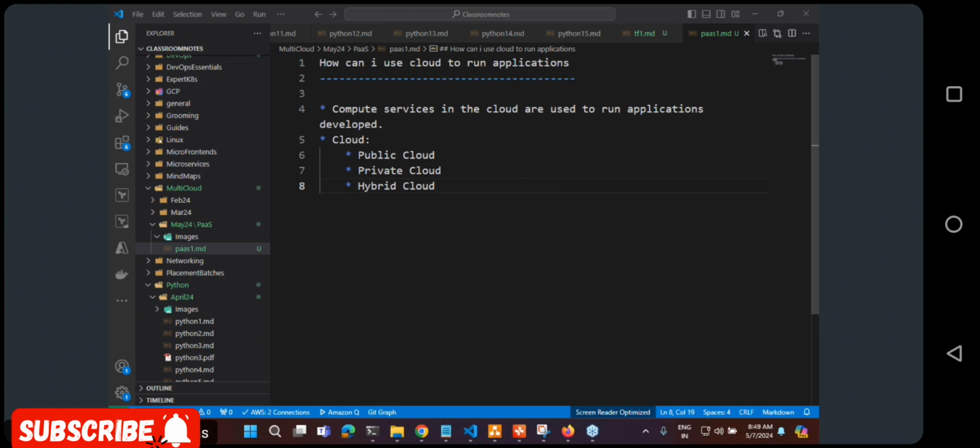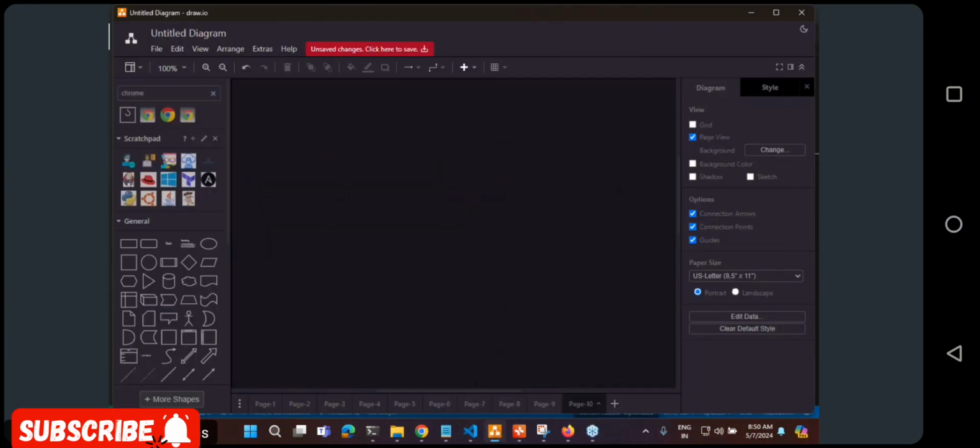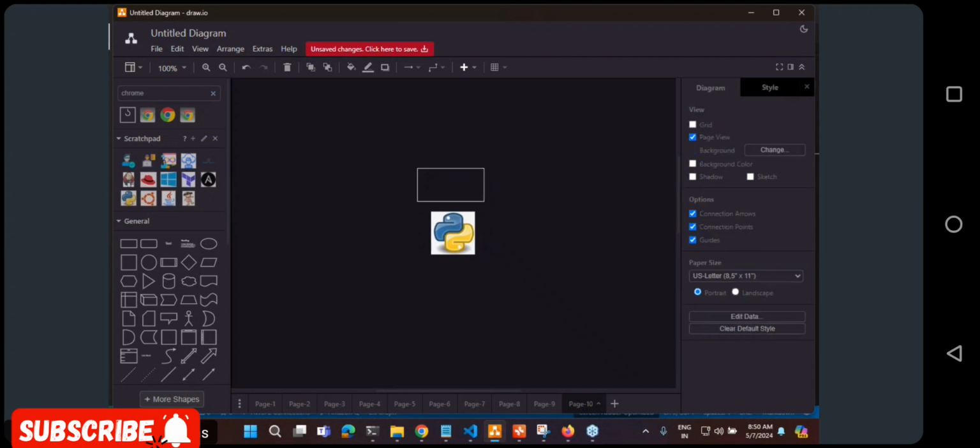So the basic idea of cloud, when I define cloud in this class, is all around public cloud. Let us try to understand this. I want to run an application. I have developed my application, let us assume in Python language. Now I want to run this. Till now, I was developing and running it on my laptop. Now I want to host it so that people can use my application.